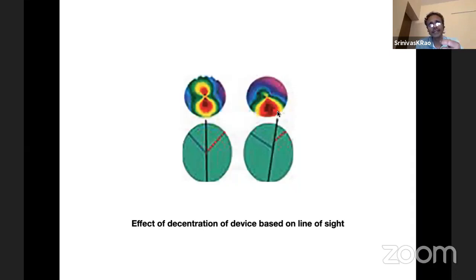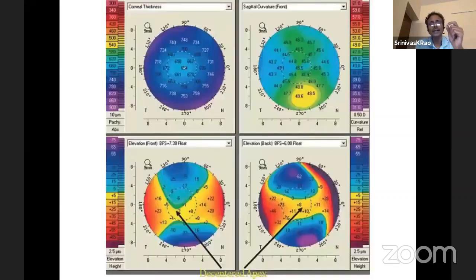And if this occurs because of some fallacy on the part of the keratometer, then you may be falsely excluding somebody who could otherwise have a procedure. The slit scanning, the elevation-based devices, the Scheimpflugs and the slit scanners do not have this fallacy. So as you can see here, the Placido is showing an inferior steepening, but both the anterior and the posterior elevation maps are not showing that steepening because they do not depend upon this line of sight concept to get their data. And so this is one of the deficiencies of Placido-based topographers that the elevation-based devices can overcome.